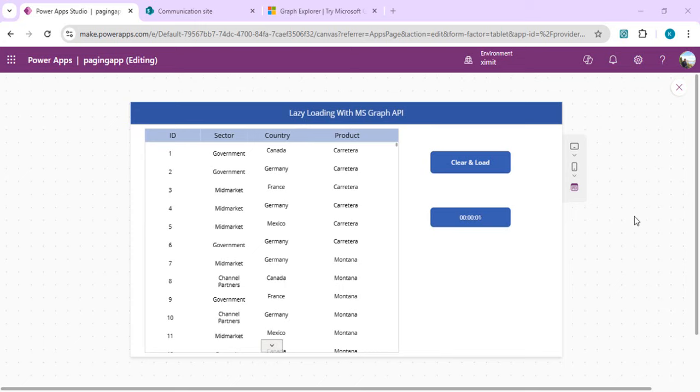In today's video, we are going to see how we can achieve lazy loading or pagination in MS Graph APIs, where we want to scroll and get the data from a long list or any library or even OneDrive items. So majorly we are going to see lazy loading or on-demand loading from MS Graph API of SharePoint